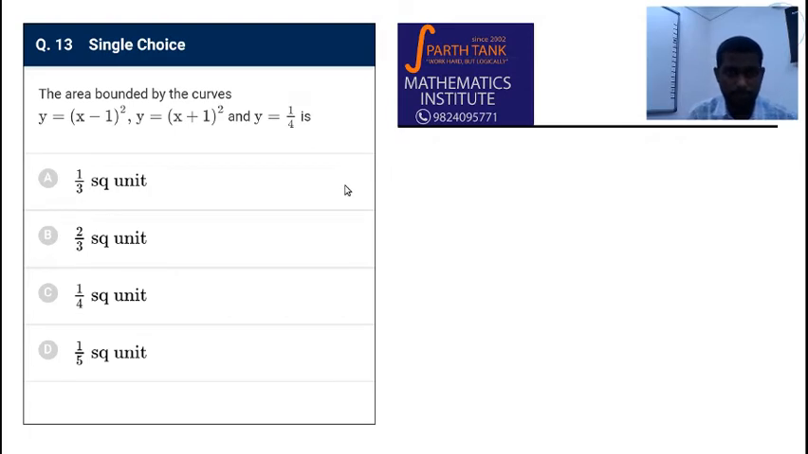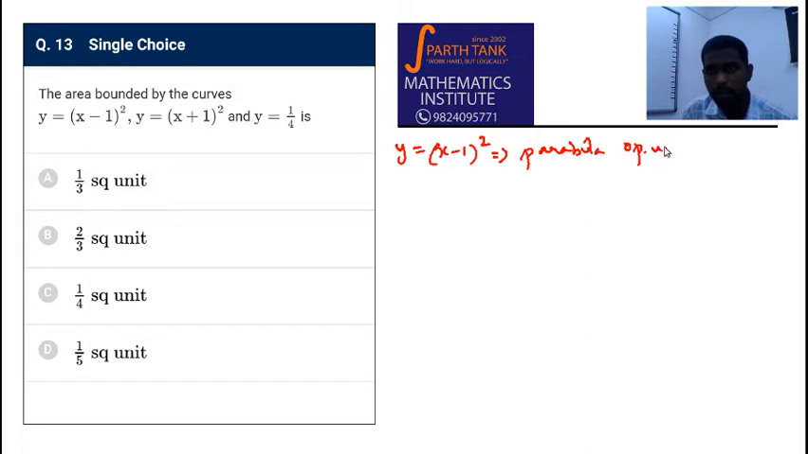Question number 13. The area bounded by the curves y is equal to x minus 1 the whole square, y is equal to x plus 1 the whole square, and y is equal to 1 by 4 is. Now, the most important thing in these kind of problems is to be able to identify the area enclosed very quickly and then see if there is any symmetry, that is, this area is equal to that area, and all those considerations. So now y is equal to x minus 1 the whole square is a parabola